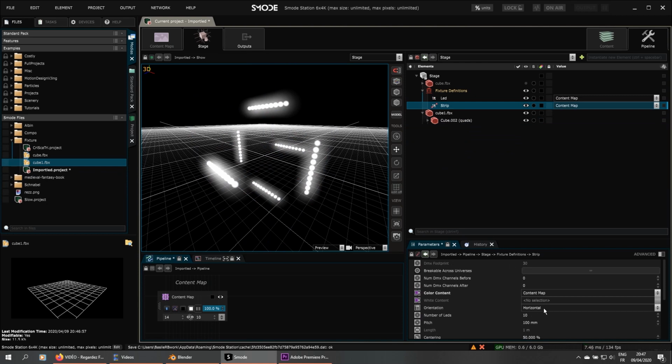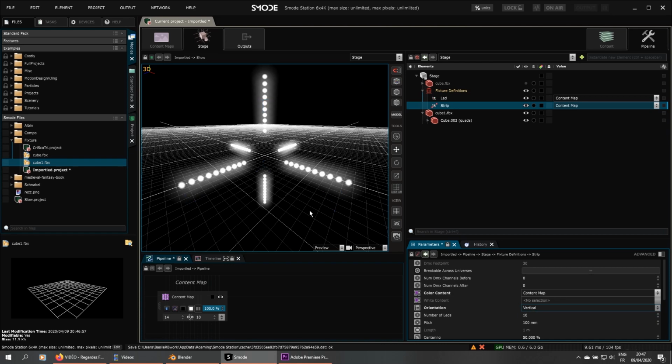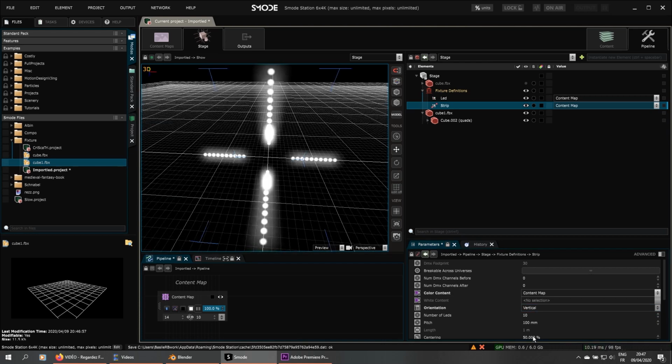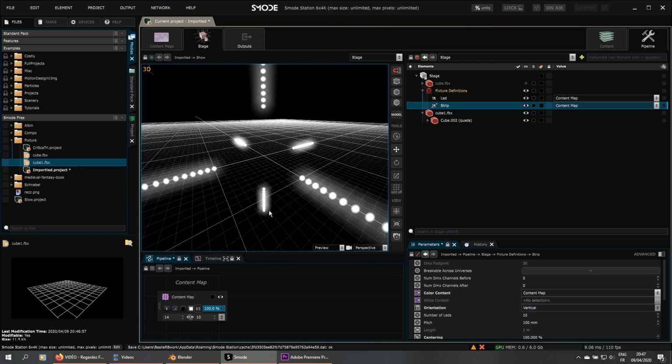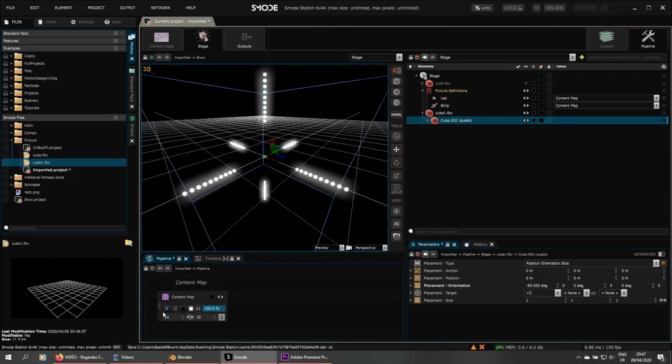So if we want it to be good, we need to switch the strip to vertical, and now the strip is pointing outside like the normal.